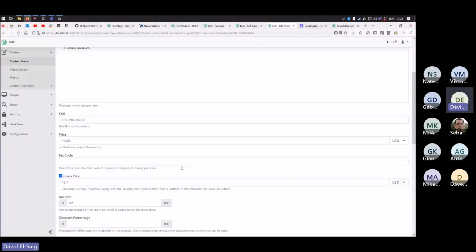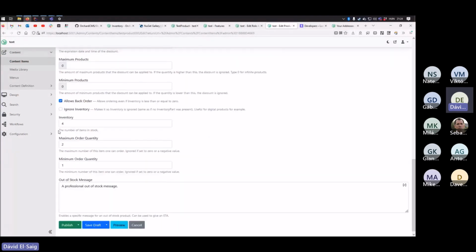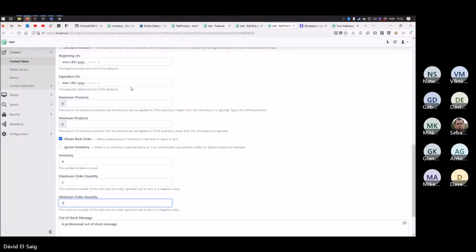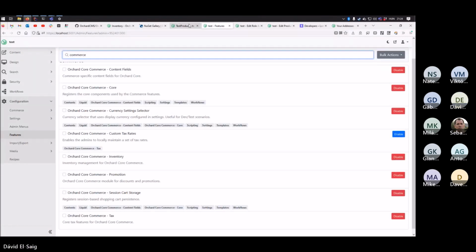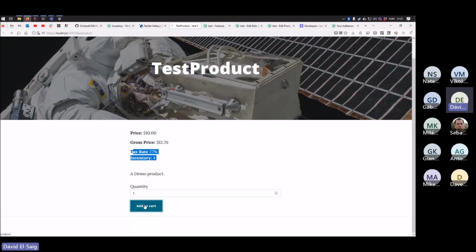Also, we have simple inventory management, which is just you select a number, and during checkout it gets reduced, and you can set how much can be ordered. So if you only want to allow bulk ordering, then you set this to 10 or whatever. And else, oh yeah, you can have discounts. I will show that in a bit. But first,